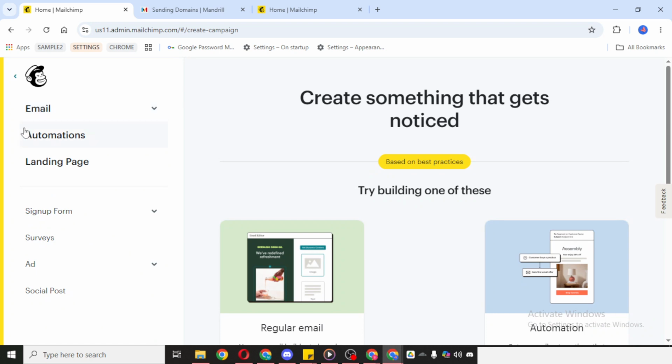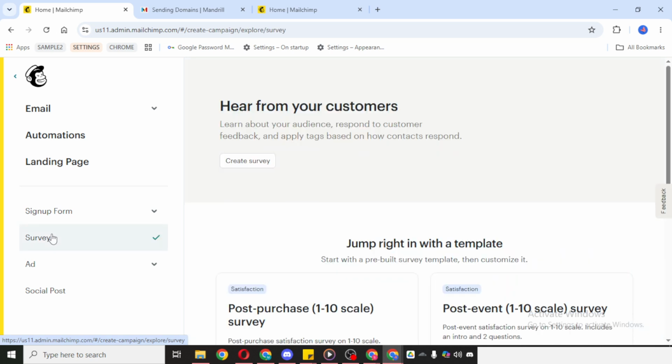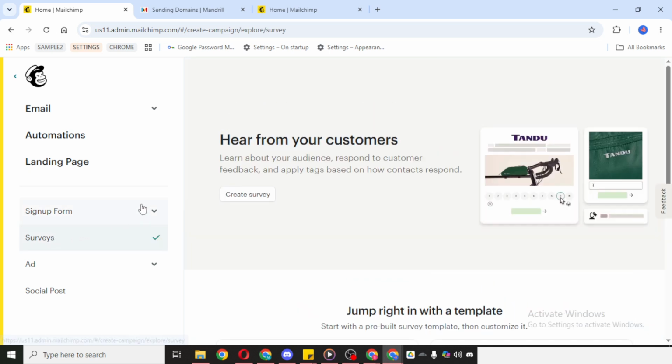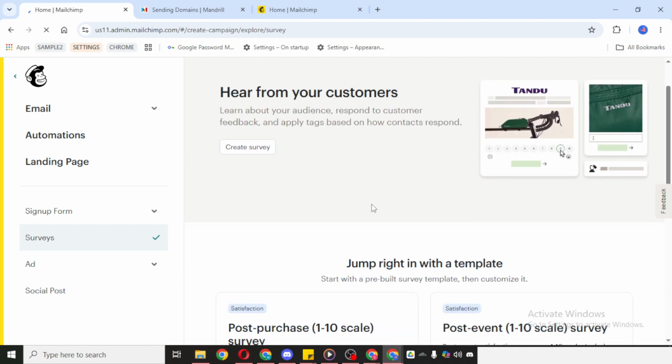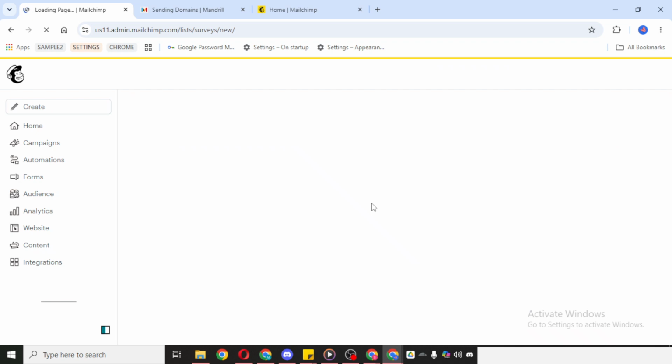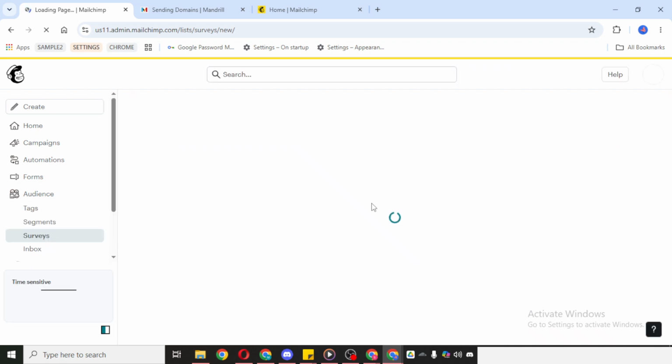This will take you into the survey creation area, where you can begin setting up a form that collects responses from your audience. Next, click Get Started. This opens the survey workspace and prepares a new survey draft for you. If you're prompted with existing survey options or templates, continue by clicking Create New. This is the option you'll use when you want to build a fresh survey from scratch, rather than editing something that already exists.